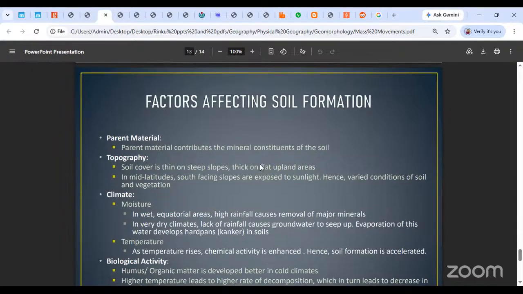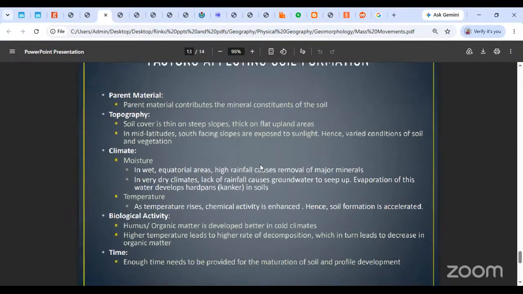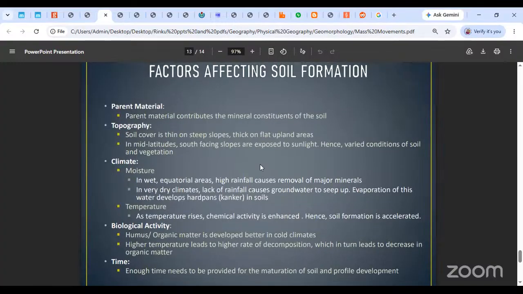Okay. Now these are the 5 factors that affect the formation of soil. We are looking at factors that affect the formation of soil. The first thing being parent material. What is parent material? From which the soil is derived. There was a rock sitting atop there. It got weathered. Clearly the regolith formed, and that regolith was later ground to further smaller grain size, and that contributed to the soil.